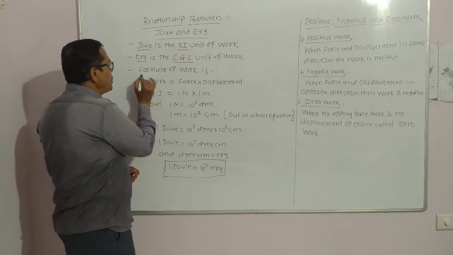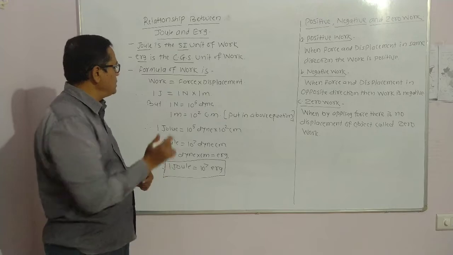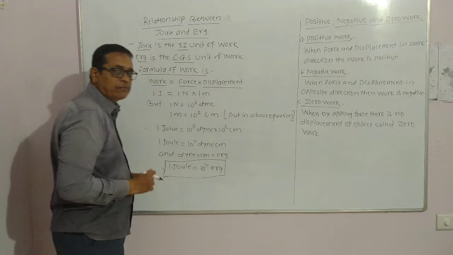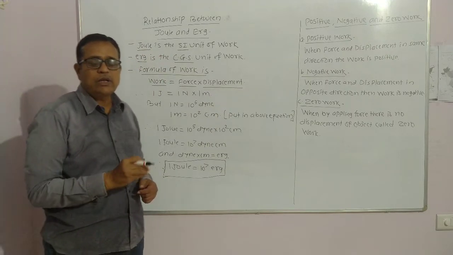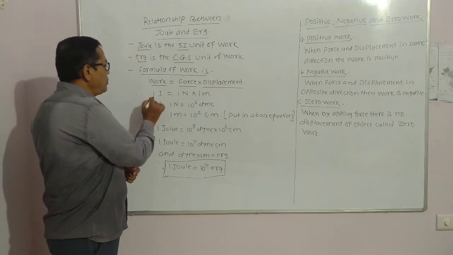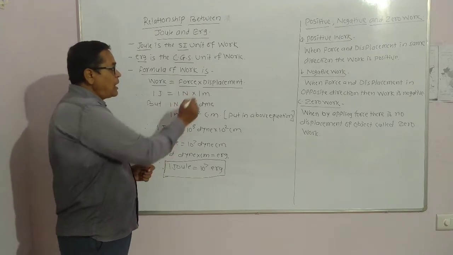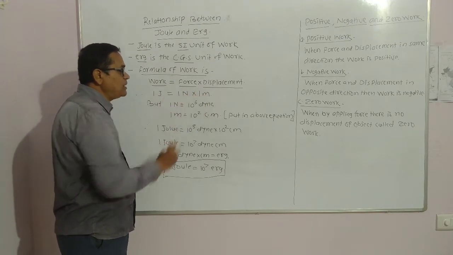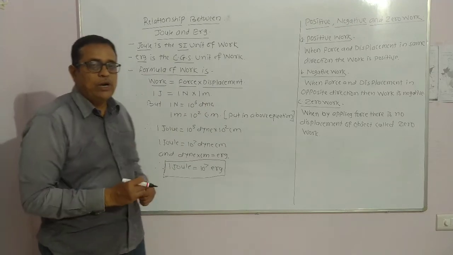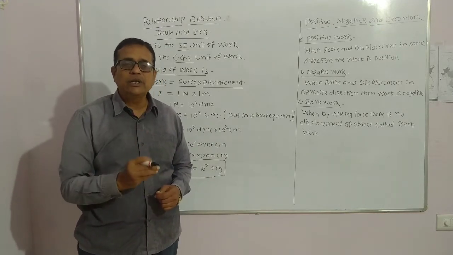Here, according to the definition, the formula of work is work equals force into displacement. Work equals force into displacement, and hence the SI unit of work is Joule, the SI unit of force is Newton, and the SI unit of displacement is meter. But you know 1 Newton equals 10 to the power 5 dyne,